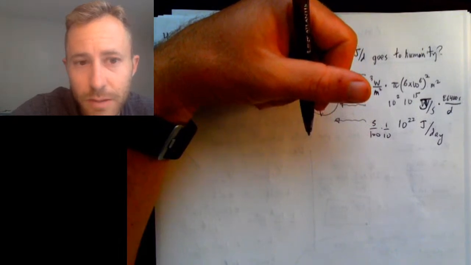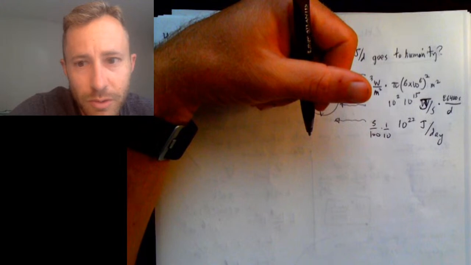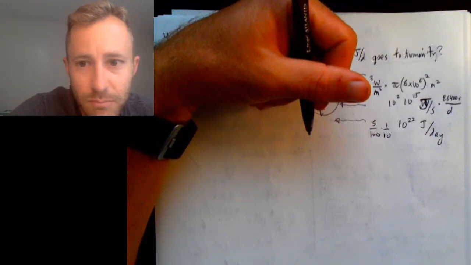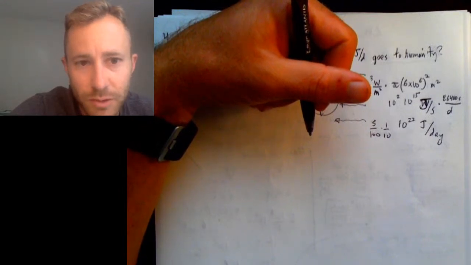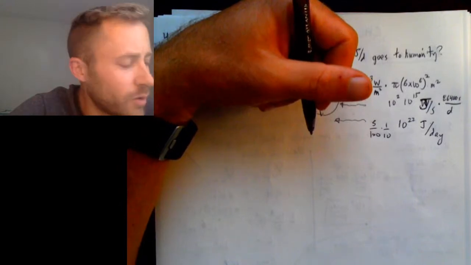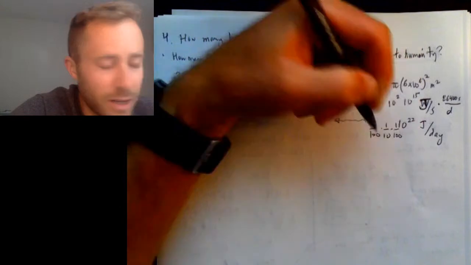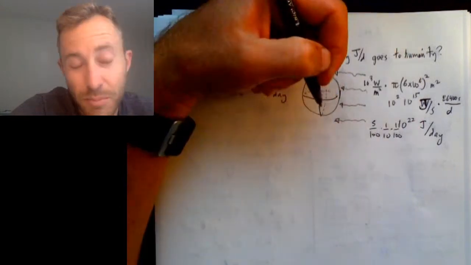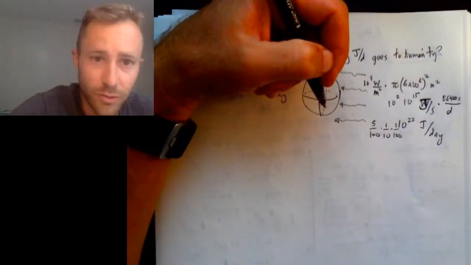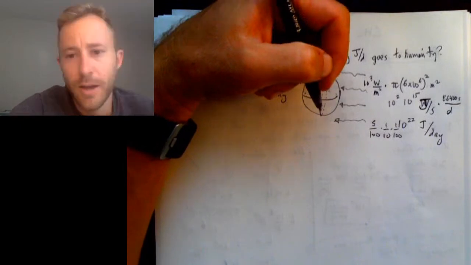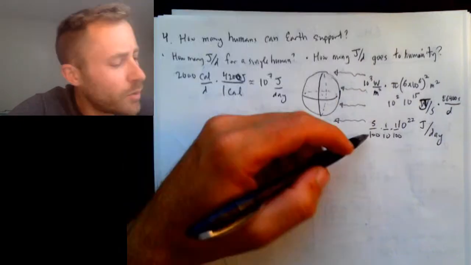Right? Most of that is going to feed other animals. We don't eat all of the plants on the earth. So I'm going to say maybe 1% of that is actually used by humans, and the other 99% of that plant matter is consumed by other animals. Okay? So what I get is